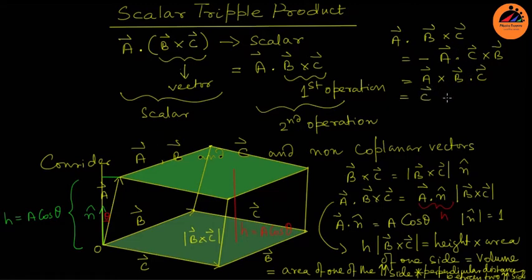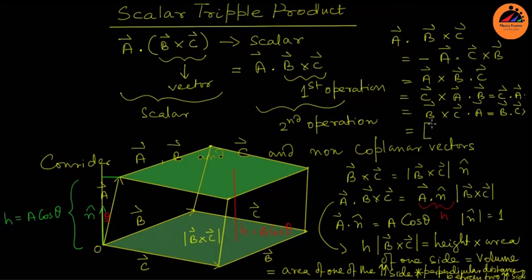This is C cross A dot B. If you write the order, this is also B cross C dot A, right? And here you can also change the dot and cross: C dot A cross B. So the dot and cross may shift, that is not a problem. But you will get a negative sign if you change the cross product only, and this is cyclic. If you rotate it, you will get the same thing.